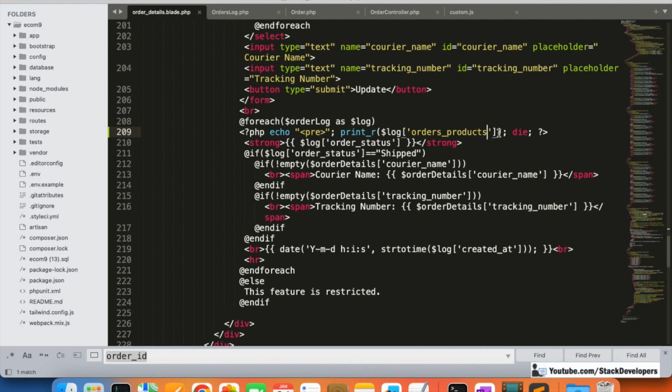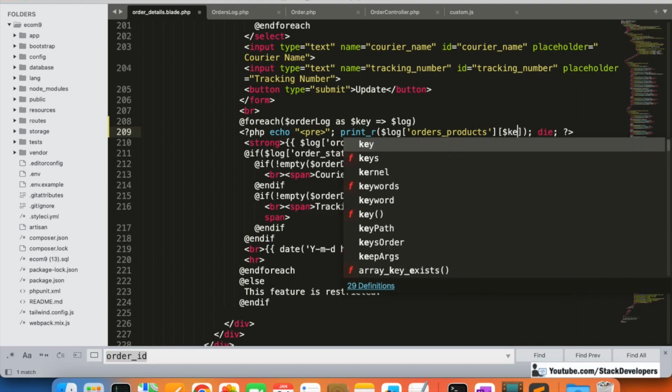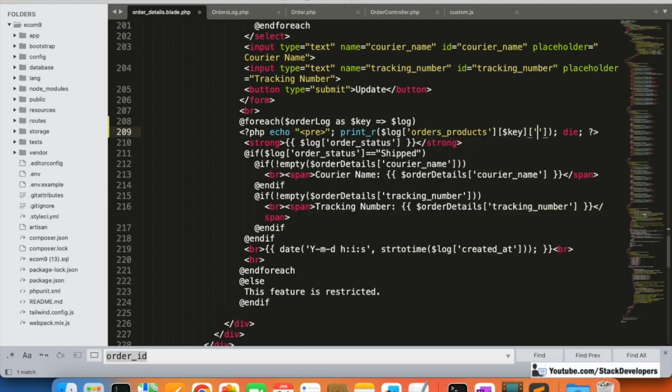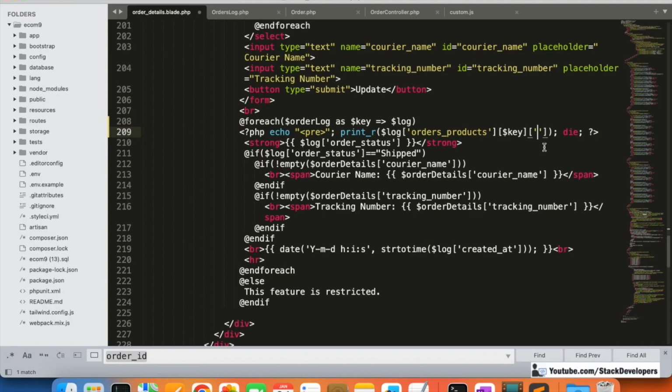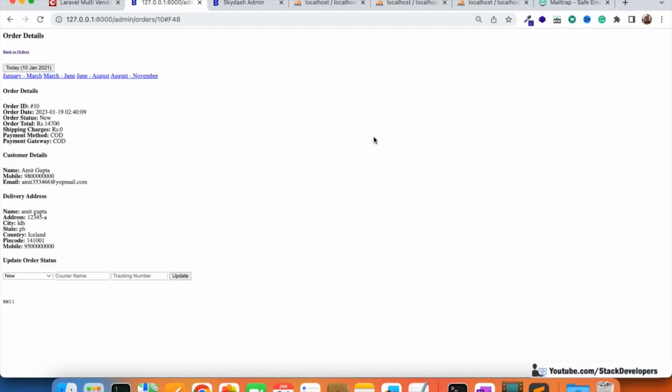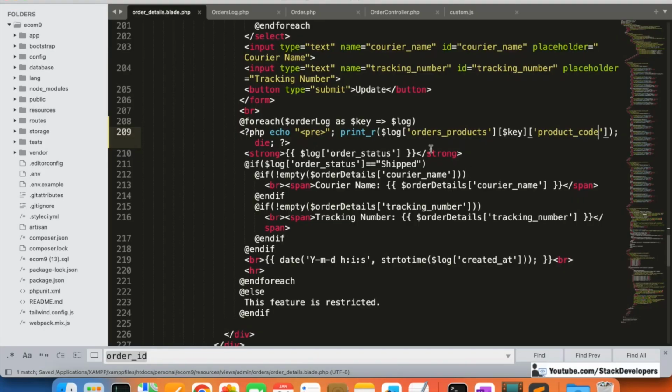Fine. In order_products, see, as $key, we are going to add here the $key, and here we are going to add $key as well. And inside this, what we are going to have, product_code. Now we are going to see here, we are getting here. Okay, so now what we are going to do, like if the status is shipped,